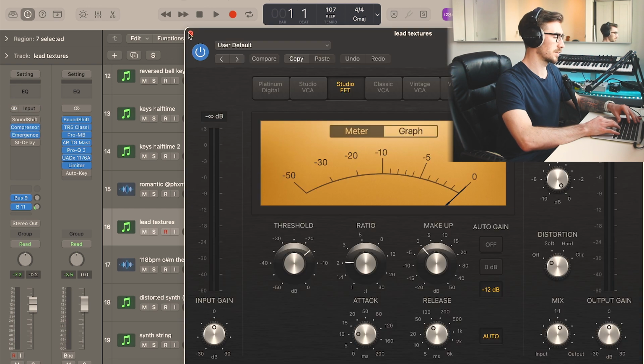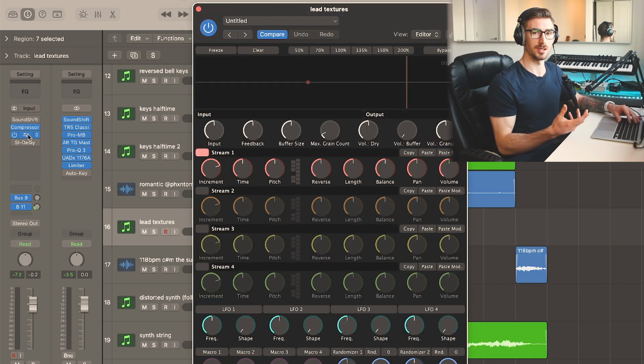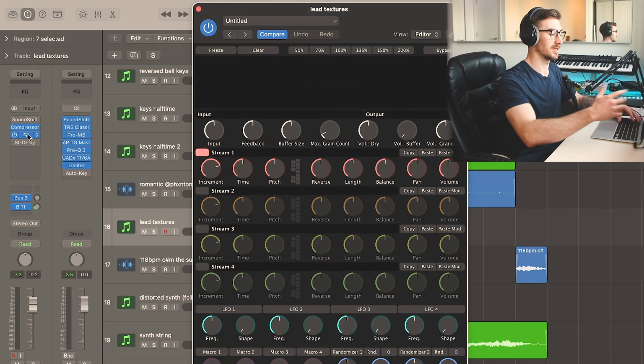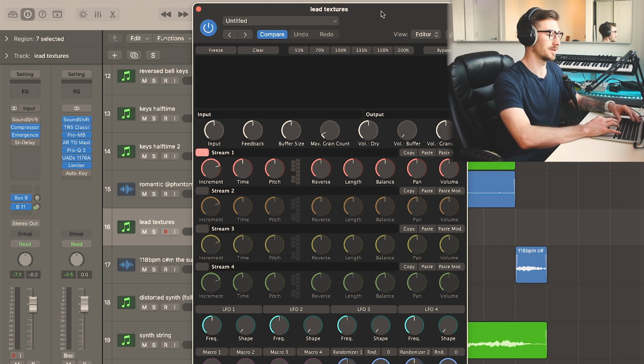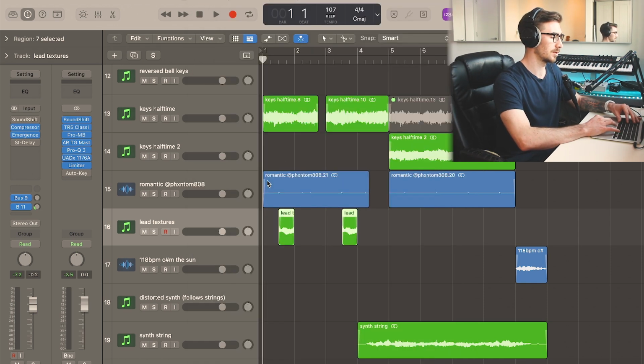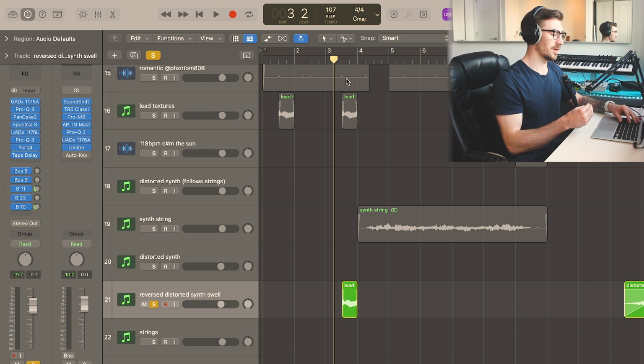added some stock compressor, and Emergence, which is kind of like a plugin that replicates guitar pedals. It has so many parameters. Definitely check it out. I think it's free as well. And then just leading into the next section, I have this one little kind of swell or other texture, which